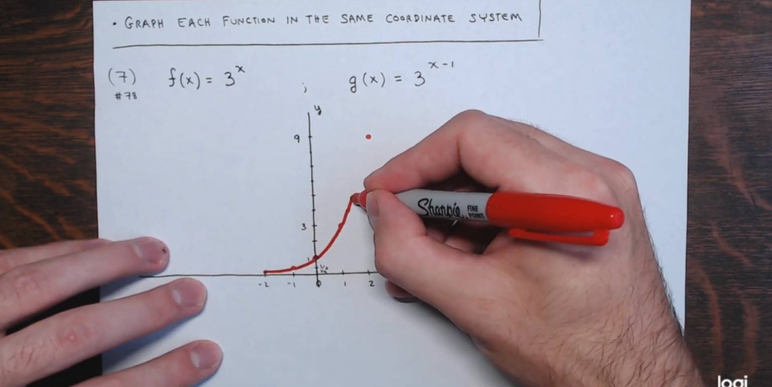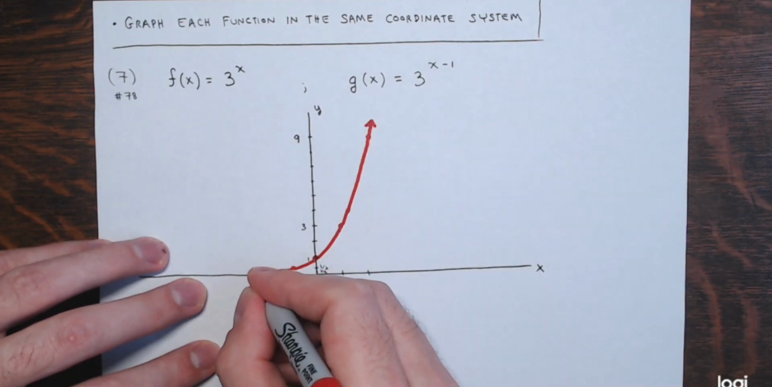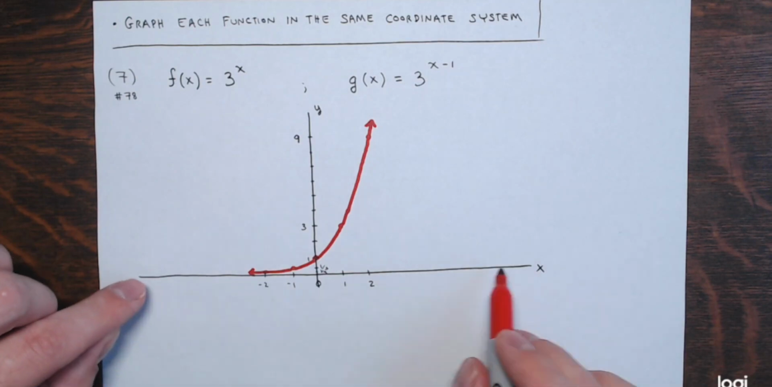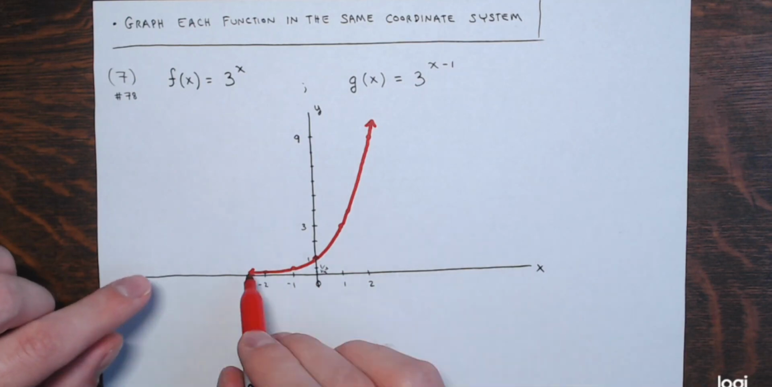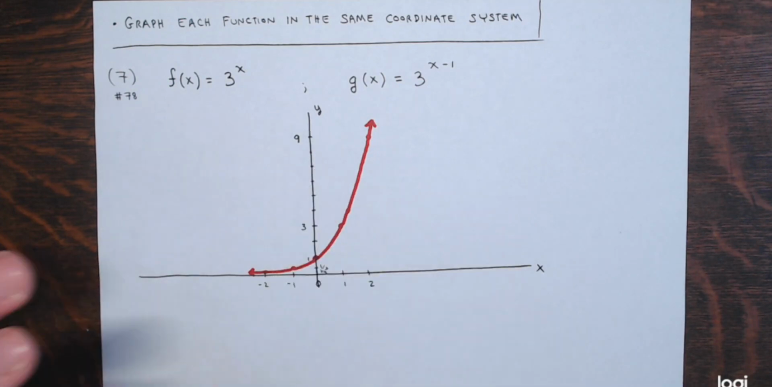Now I'm not going to write out all the properties this time. But notice again, the x-axis is the horizontal asymptote. It's an increasing function. Domain's all real numbers. The range is all positive numbers. All the same stuff I wrote before. Now,